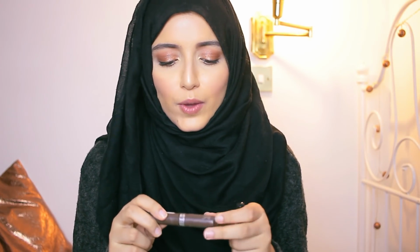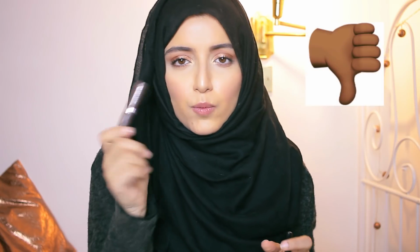Okay, I have 2 makeup items that I've just found at the bottom of the basket. The first one is the Rimmel Brow Spray, and this was basically a brow gel in a mascara form, and this is what the one looked like. I had the shade, I think it was 2 in the brown finish, and I liked it. I thought the wand was a little bit big for the brows. My brows are pretty thick, I don't shape them anyway, but if you have really thin brows, this is not that great. And I didn't really notice a massive difference with it holding my brows in place, so I won't be repurchasing